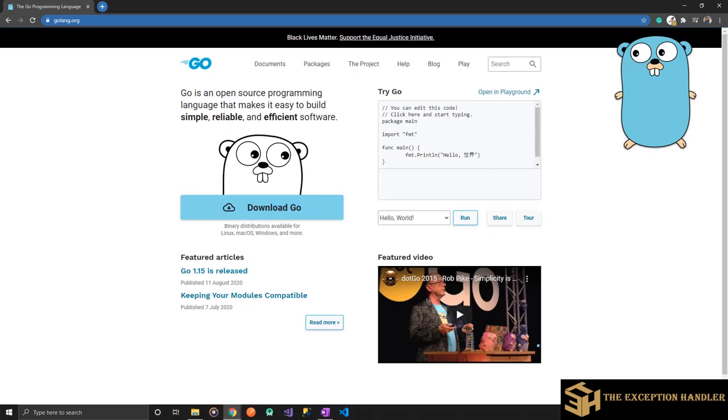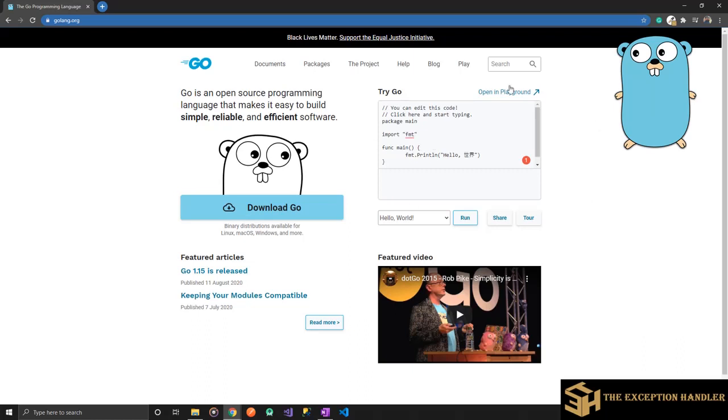Once you land on the Go homepage, you'll see two main features that they highlight. One is download Go for any sort of operating system that you might be using, and a playground functionality which you might know if you have used TypeScript before this. In this Go playground, you can test small pieces of code to understand how the code will react if you write certain syntaxes.